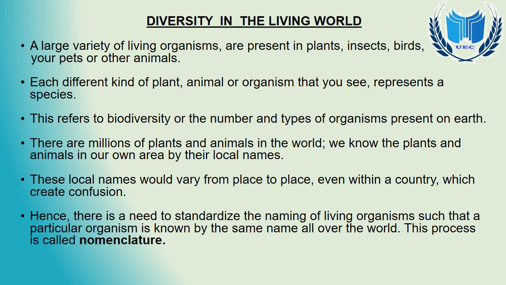right? Now how can we identify the living organisms around us, because there are millions of plants and animals in the world. We know the plants, no doubt. Some plants we know by their local name that we have given them. That is not a botanical name or biological name, but it is known by its local name. As also in animals, right? They are also known in some areas. Different names are given to different animals and plants.